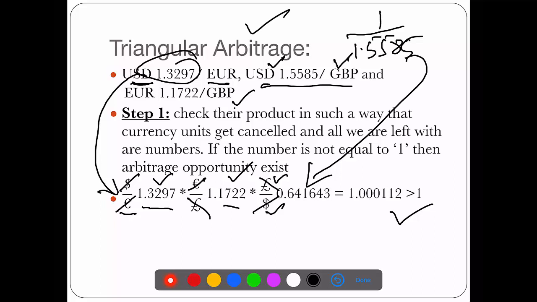Having the arbitrage opportunity means that very quickly an investor or trader can exploit this situation to generate some riskless profit, because he will be doing these transactions simultaneously right away. If the product is equal to 1, then there is no arbitrage opportunity. Usually, while doing these questions, try to go to 6 decimal places. This is my recommendation, go to the 6 decimal places, like I have done over here,